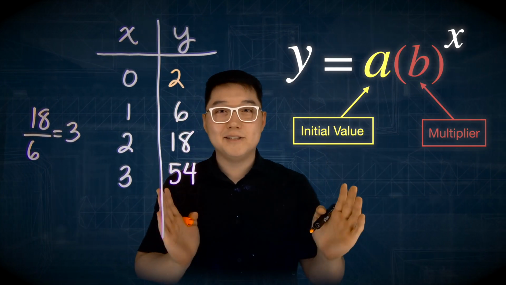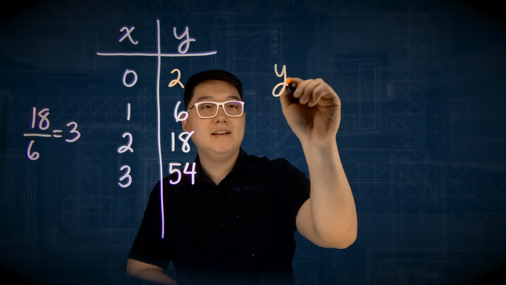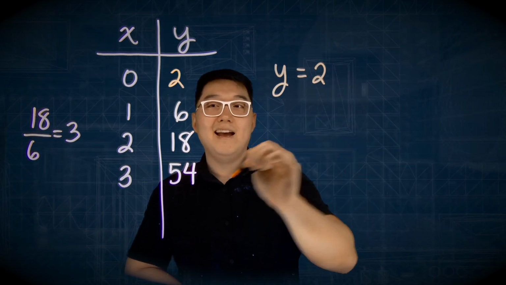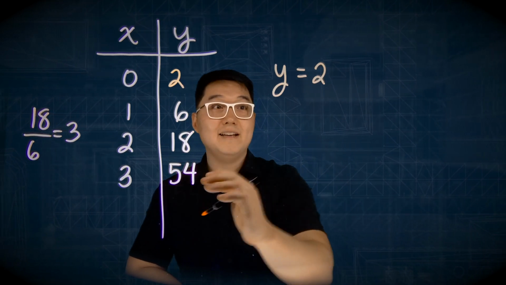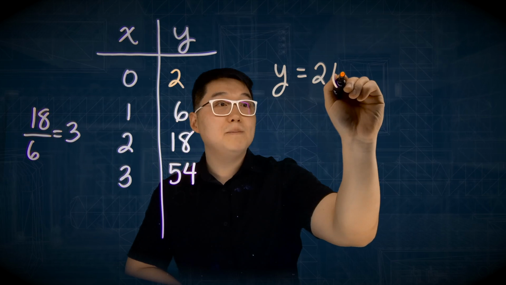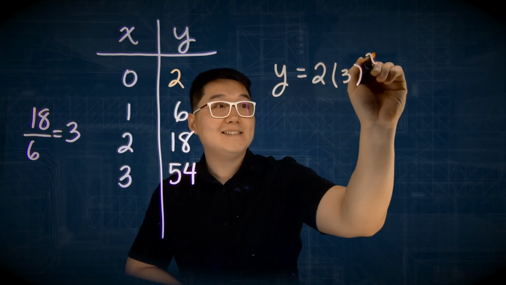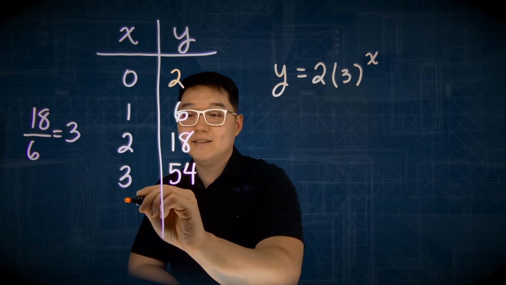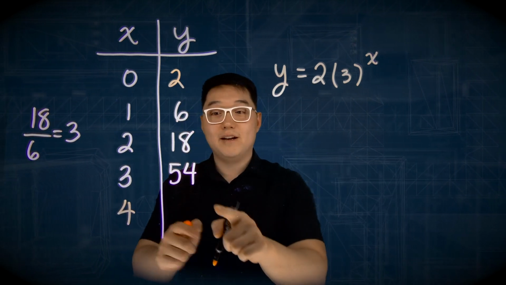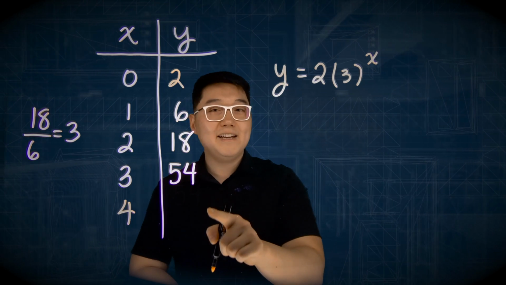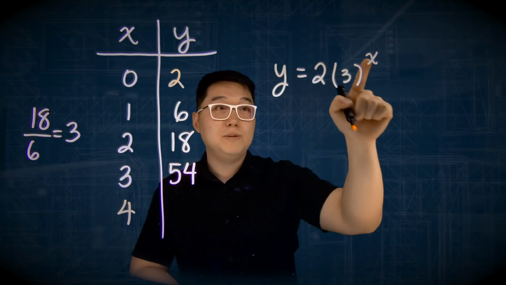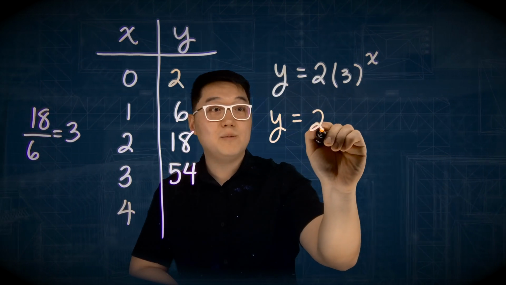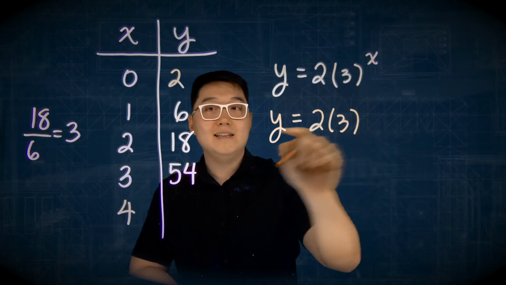So what's the equation? Y equals the initial value, which is 2, and then our multiplier is 3. We're multiplying by 3 x number of times. So if I want to find day 4 and I want to figure out y, I can just plug in 4 into x. So y is equal to 2, and then we're going to multiply by 3,